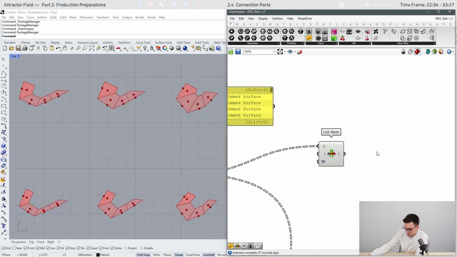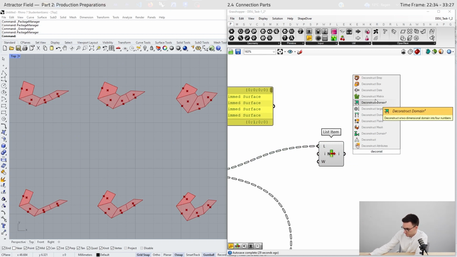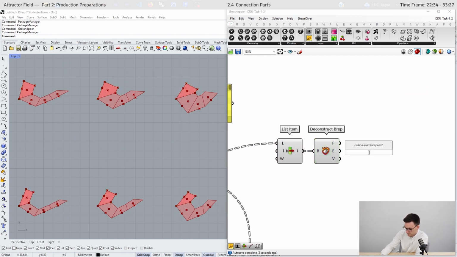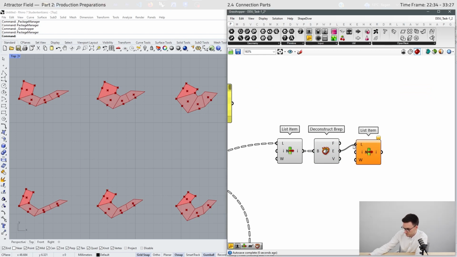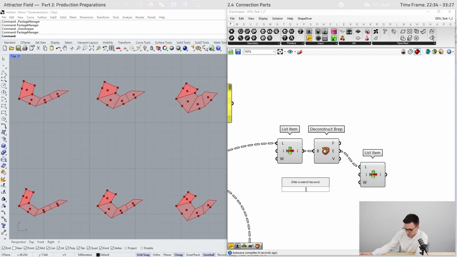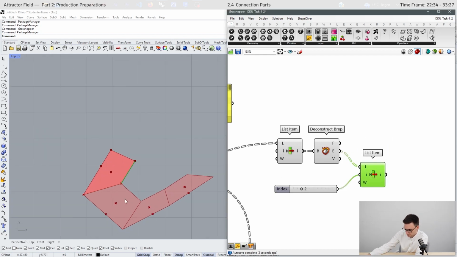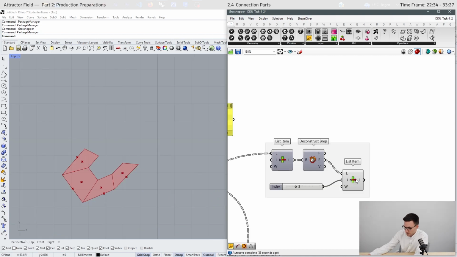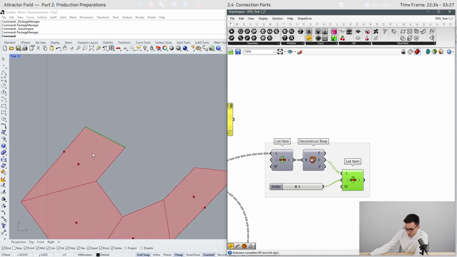Okay, then we need to deconstruct our faces and use another list item component to receive the right edge. And here we have to find the right edge. Okay, in this case it's 3. Here we have our edge.